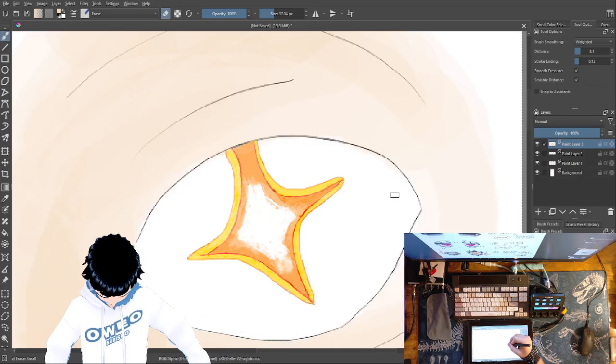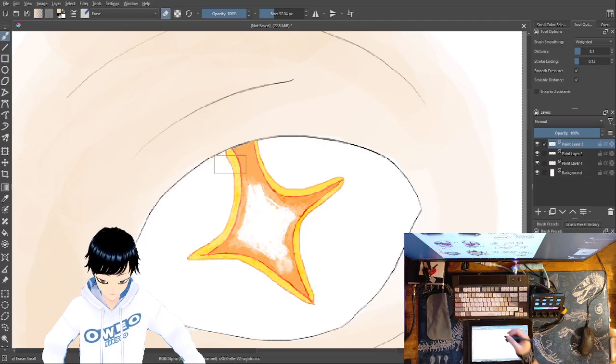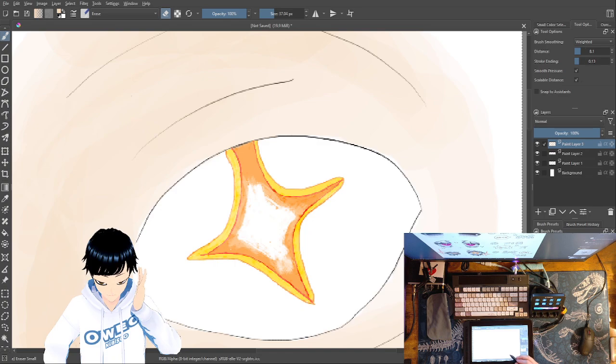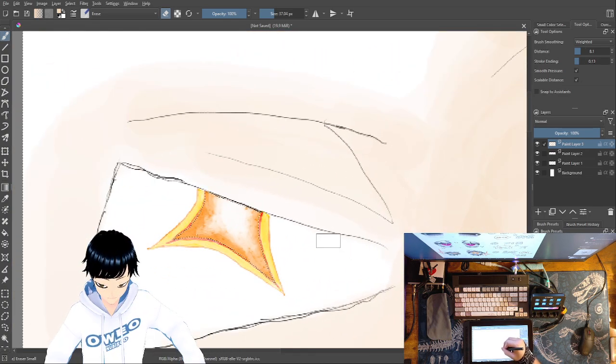We don't have to be that clean around here. Like I said, we're probably gonna black over this for the lashes. Which, thinking about it, I could probably do blonde,